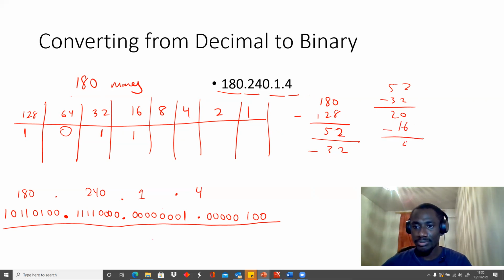That's 4 left. Can we buy 8? No, because we have only 4 pounds. Can we buy 4? Yeah, we can buy 4 because we have 4 pounds. And that's 0. Can we buy 2? No, because we don't have any money. Can we buy 1? No, because we don't have any money. And this is how you convert from